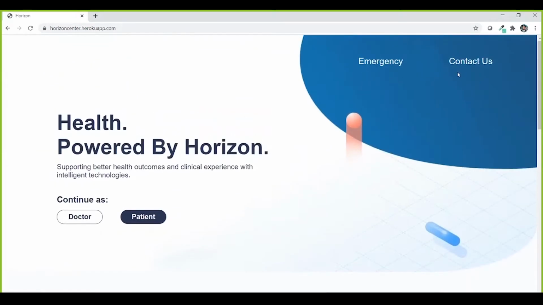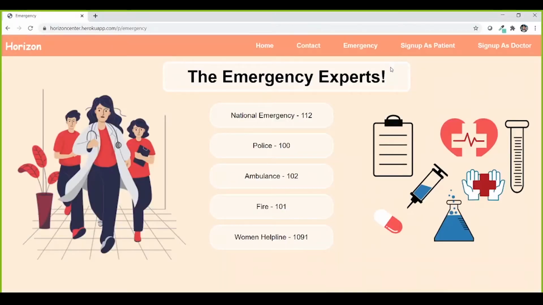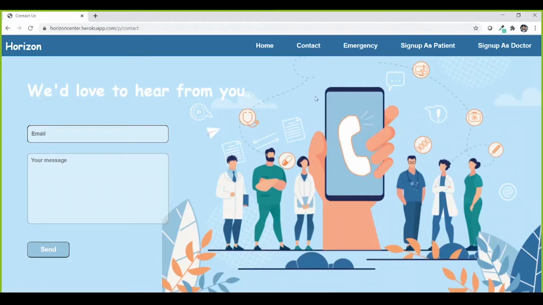When the user clicks on the emergency button, he is directed to the page with all the emergency contacts. When the user clicks on the contact button, they have the option to write a message or query to us. Through the landing page,